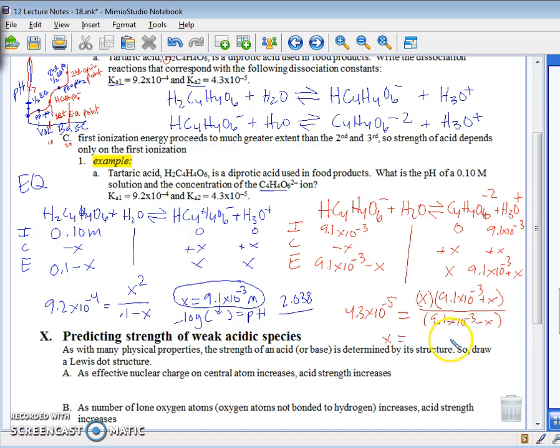Same numbers on top and bottom. Assuming X is tiny, there's a good chance we're going to need some canceling. What do you get for X? 4.3 times 10 to the negative 5th. What does that make